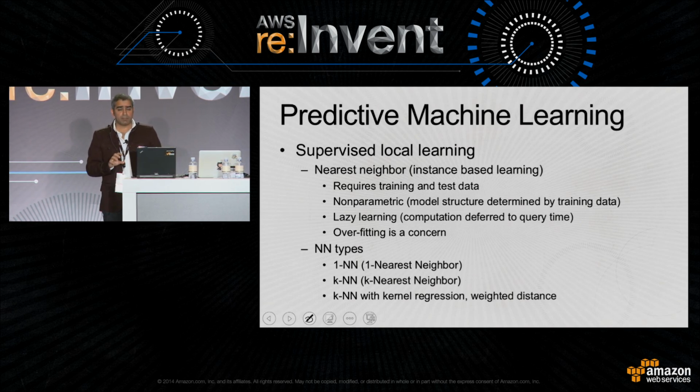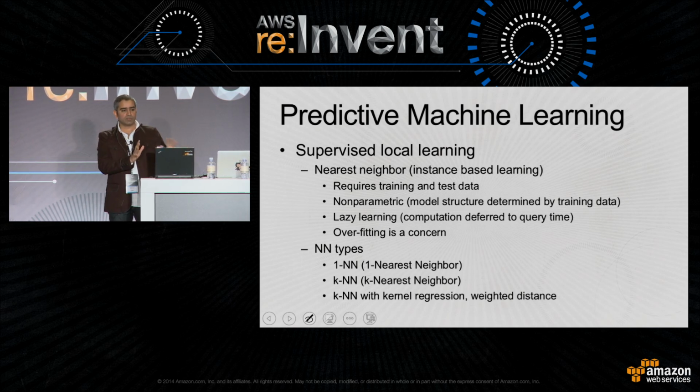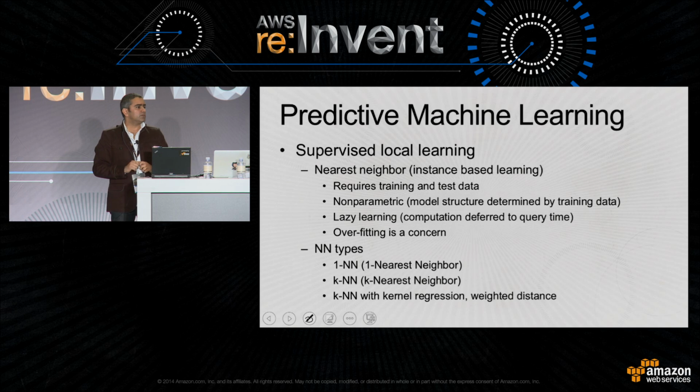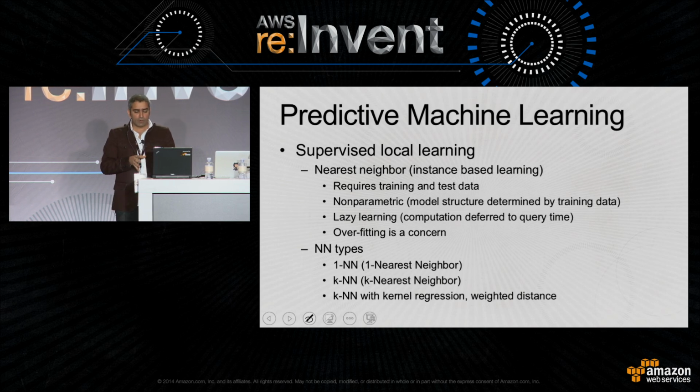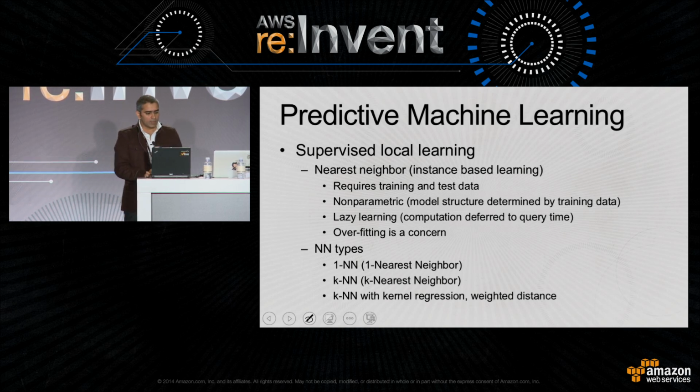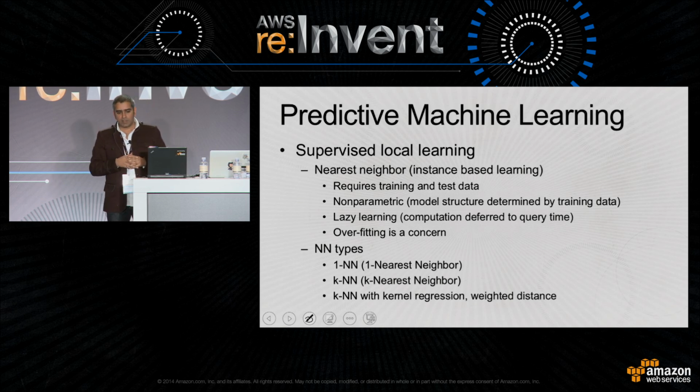It's non-parametric, which means I'm not hard coding any variables. I'm not saying, hey, these are the inputs only, and based on that, tell me what's going to happen tomorrow. Right? Linear regression, for example, is one of the parametric models. Nearest neighbor is non-parametric because if you put more inputs into it, if you capture more resource metrics, the better the algorithm's performance is going to be. So we're not hard coding anything. Overfitting is a concern if you're using the wrong value of k, and I will talk about what k really is and how do you choose the right value of k in a nearest neighbor algorithm.